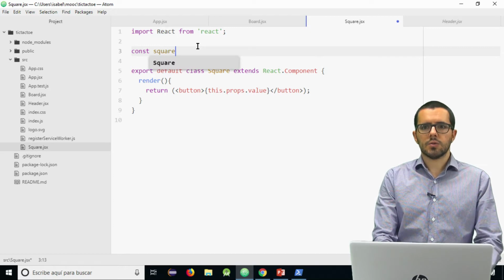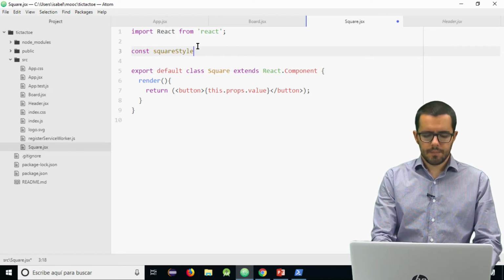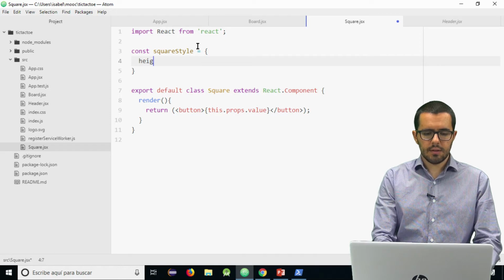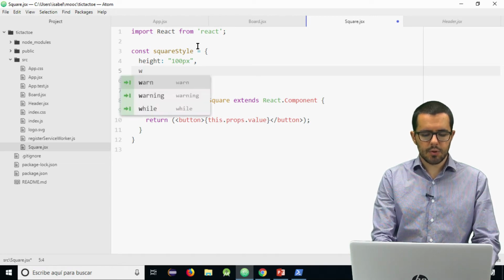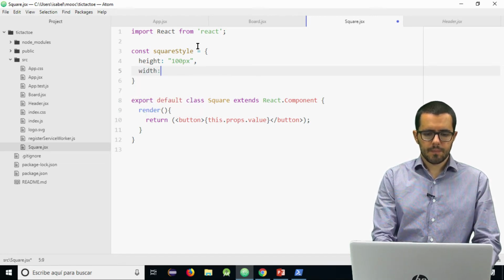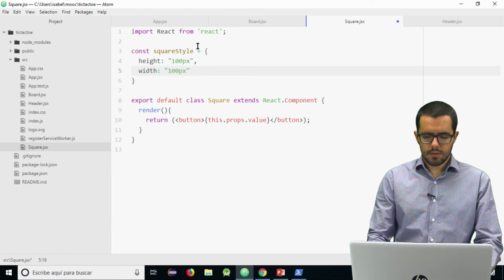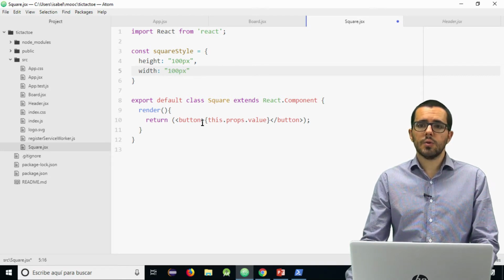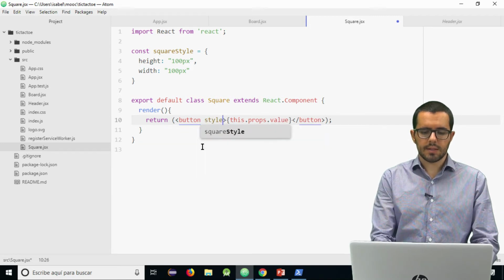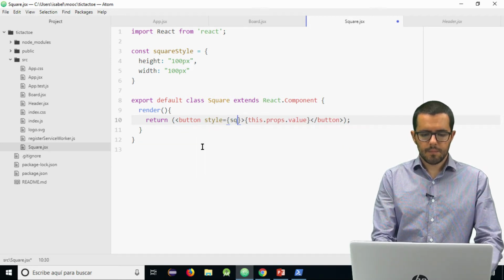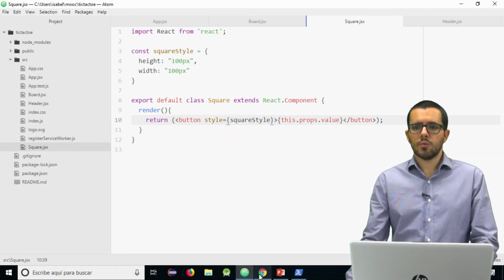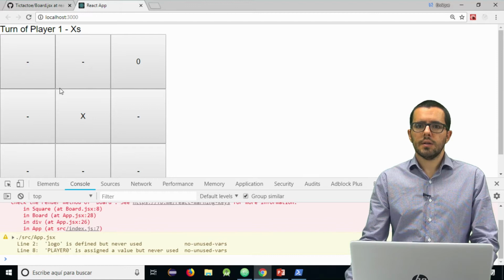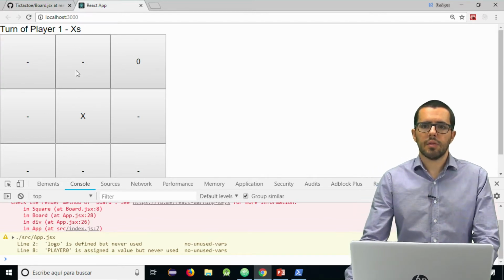So if I use square style, this is a JavaScript object where I can indicate, in camel case, JavaScript properties, CSS properties, sorry. And how do I introduce it into the button? Well, with a style. Square style. And if I go to the interface, now it is 100 pixels height and width.